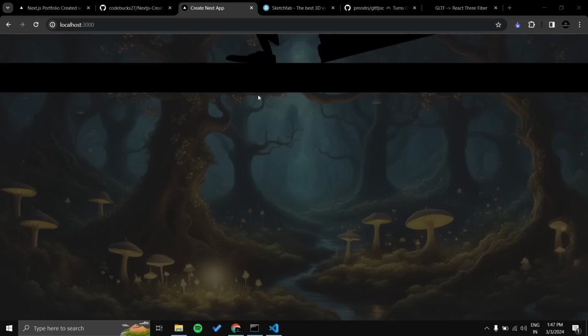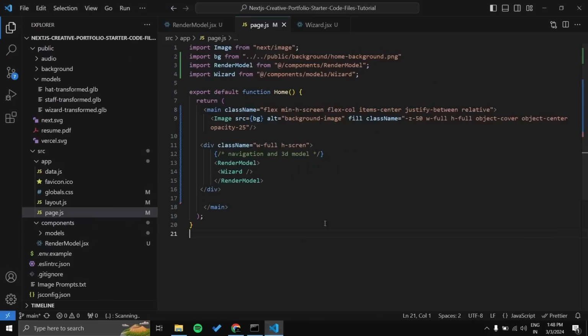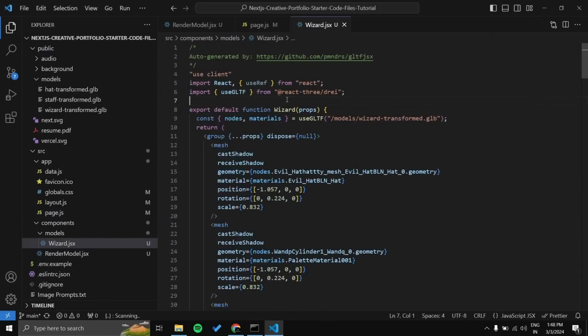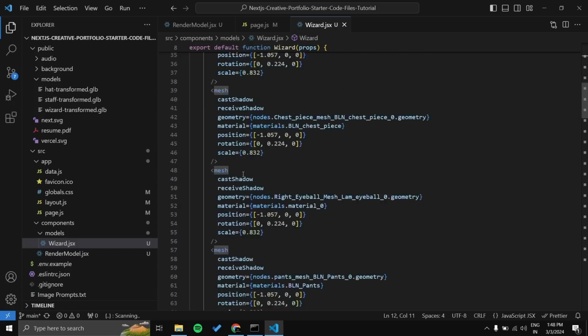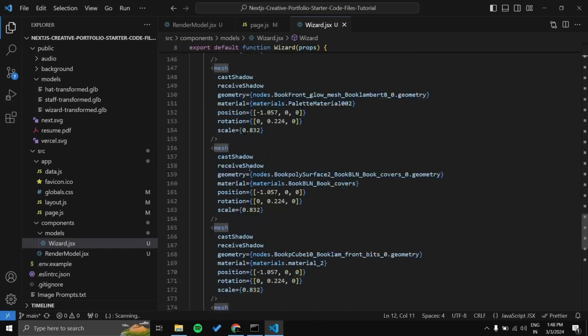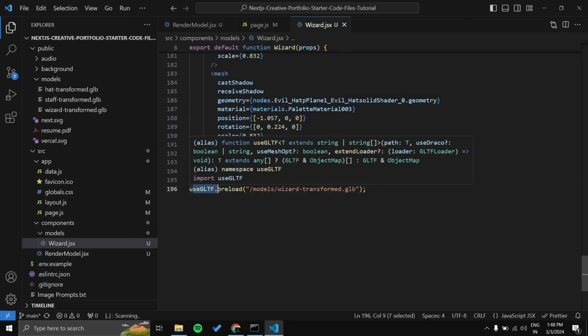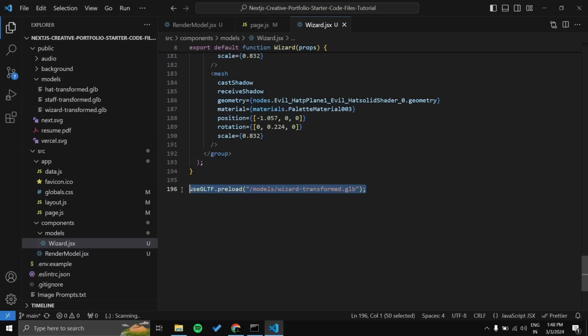Let's adjust the position of this model. So go to the wizard.jsx file. Let me explain this file first. Here we are using this useGLTF to load the glb or gltf models, and it will give us the nodes and materials of the 3D model. Then we are using group to group all the different meshes of this 3D model, and we are using useGLTF.preload. So this will preload the model,